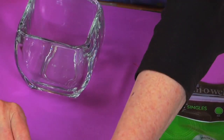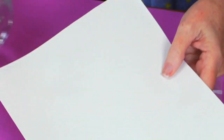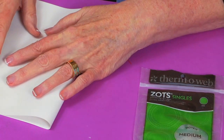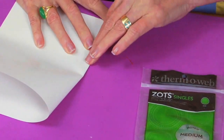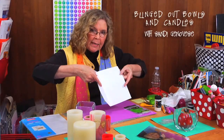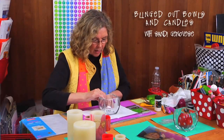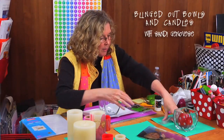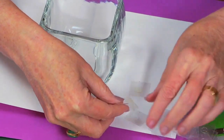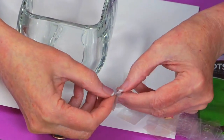So I'm going to start by taking white paper to catch all my glitter, and I'm going to fold it beforehand down the center, which is just going to make it easy for any excess glitter. I'm going to be able to funnel it back into the container. I'm going to place this here, and then all I'm going to do is take these clear adhesive dots,